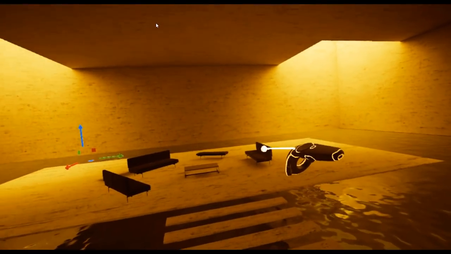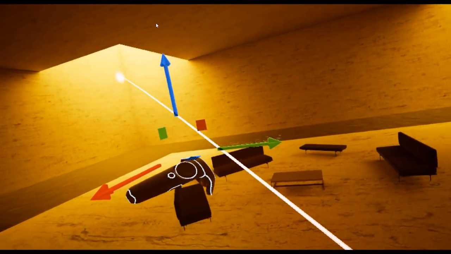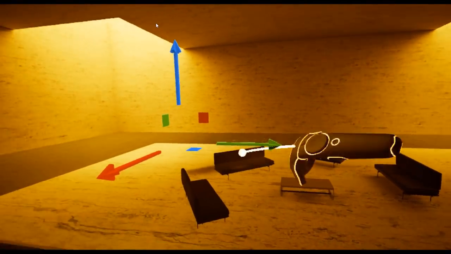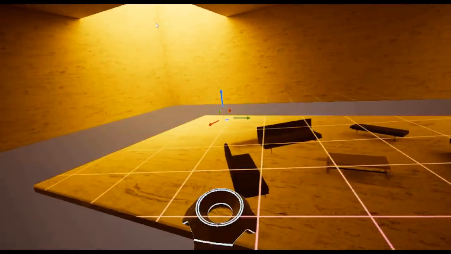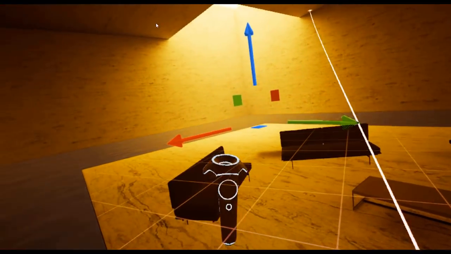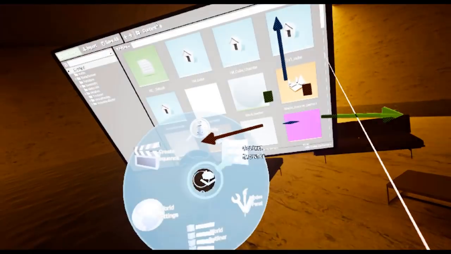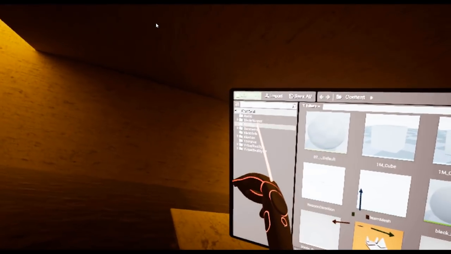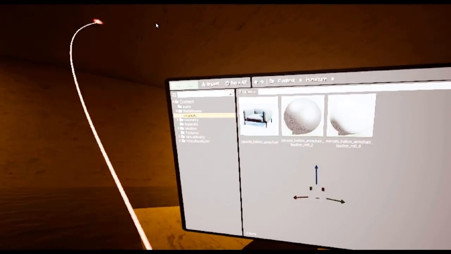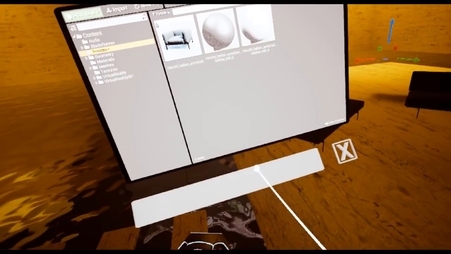As you can see, I'm struggling a little bit. It certainly takes time, and it doesn't always work. For example, at the moment I can't select my objects. So let's see, for example, if I could add a piece of furniture. So I've got my content browser here, and I will select my furniture folder. I can just reposition this